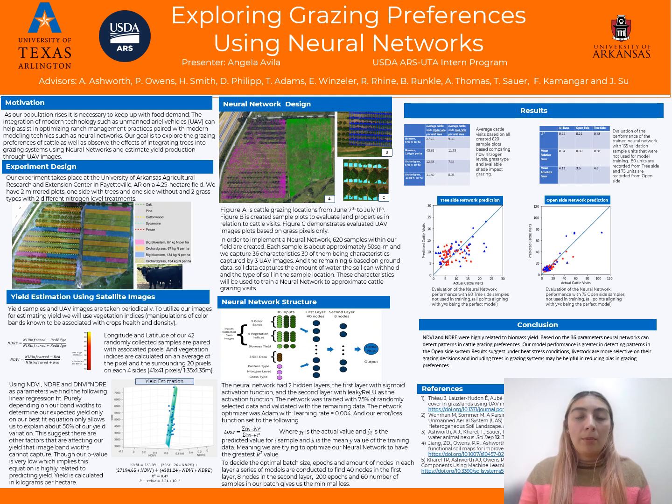To implement a neural network on this information, I've divided the field up into 620 different samples. For each sample, I'll collect how many cattle have visited within the 2-month data collection period, and then for each sample, we'll collect 36 different characteristics, and 30 of these characteristics are solely based off of 3 UAV images, such that the UAV images give us color band information like how much red, blue, and green